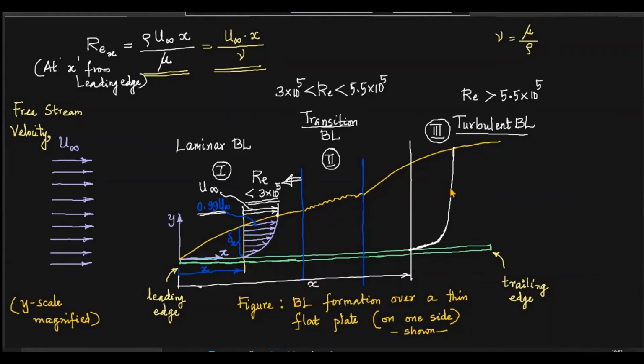And the drastic velocity variation, see this one, this is the velocity profile in the turbulent zone, which is exponential. It starts off very slowly, in the vicinity just above the solid plate it starts to rise, and thereafter it approaches rapidly to 0.99 times u infinity. At the outer edge here, this is 0.99 times u infinity. This is the turbulent boundary layer thickness, so this is delta x.